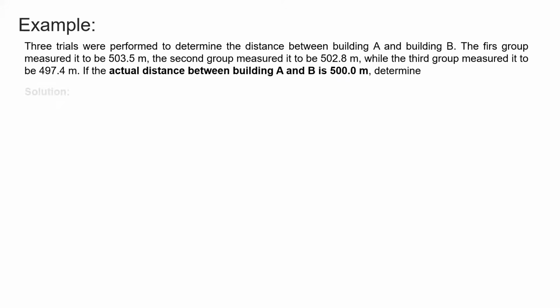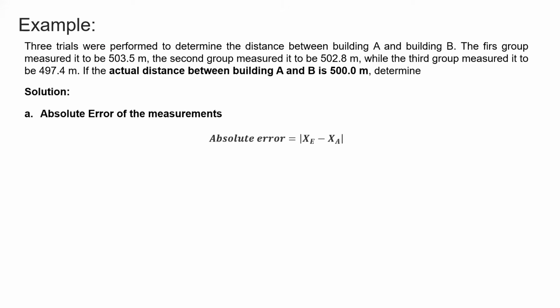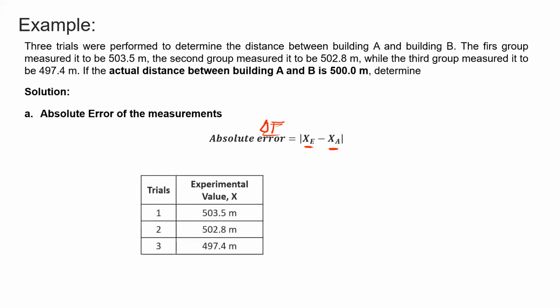So let's answer letter A. What we're looking for here is the absolute error of the measurement. To look for the absolute error, we simply use this equation: absolute error, or delta E, is equal to the absolute value of the difference between the expected and the accepted value. It is easier to analyze the data, especially if you have many numbers or data sets,